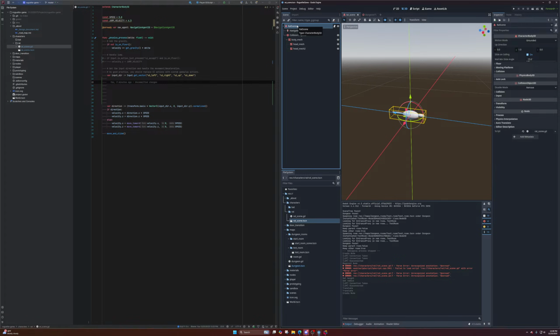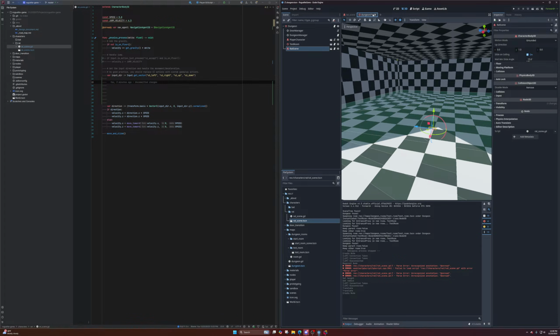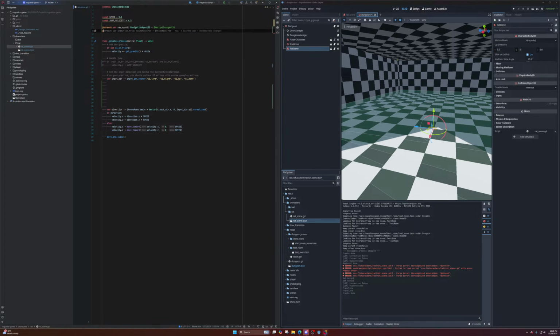It extends character body 3D, and then this here is our script for the rat scene. GD. So we would go for our script. We would go up to the dungeon. So we're just going to say @onready